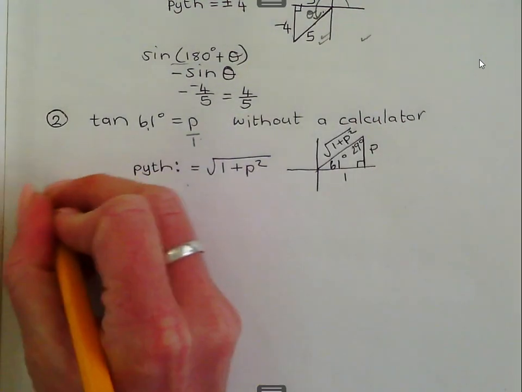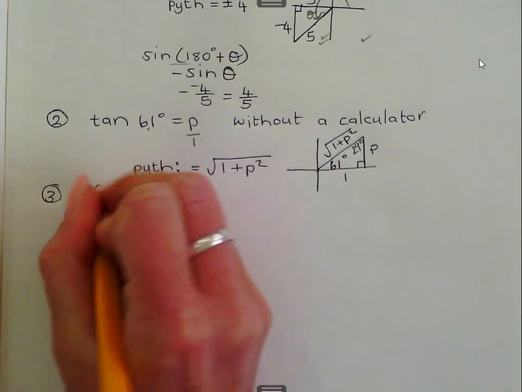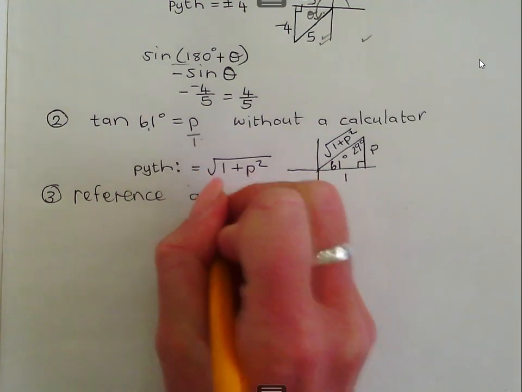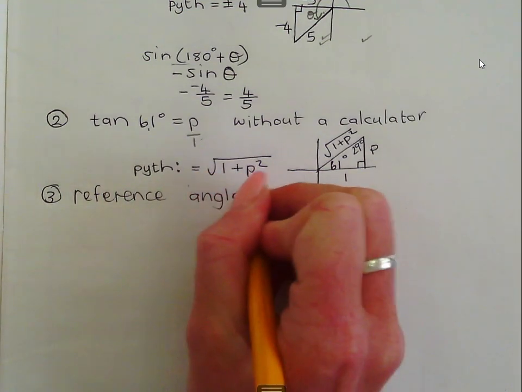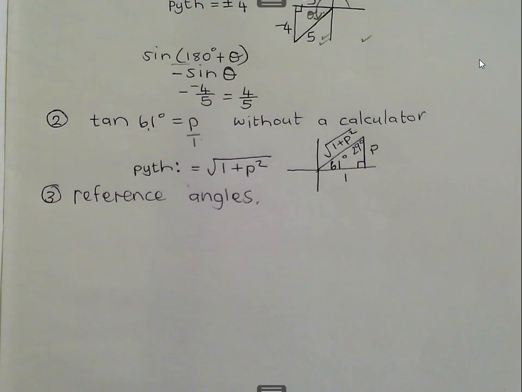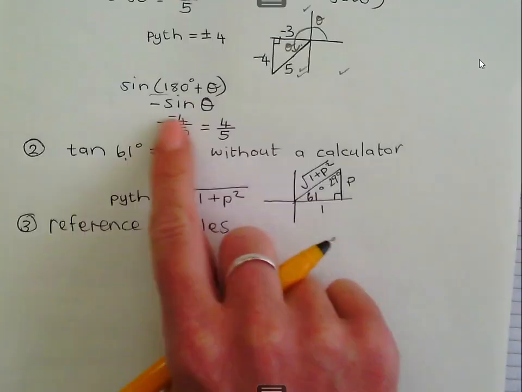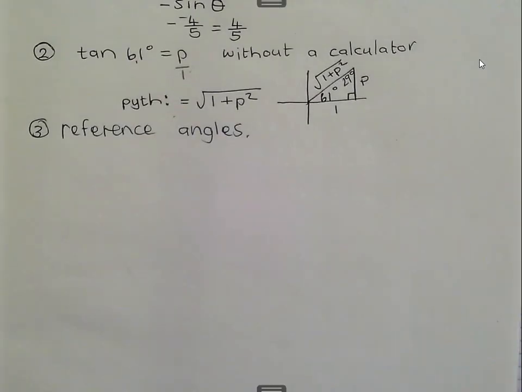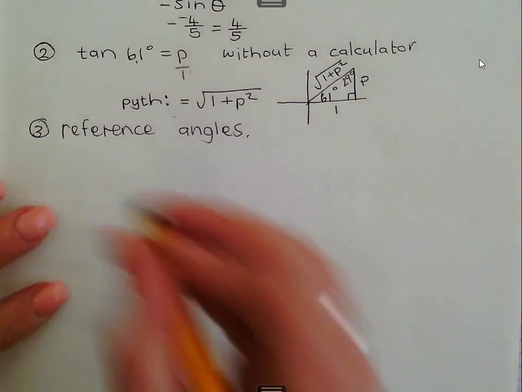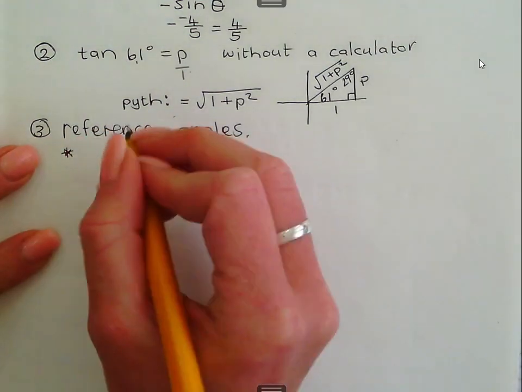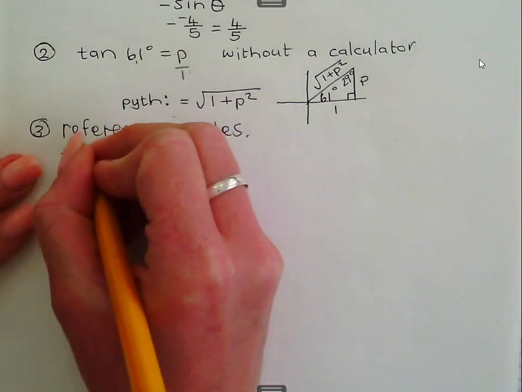Third type of question that we can get is reference angles. Now this is with expressions that it comes in a lot. It can also come in at an equation, as you saw there, you solve it. It can come in at different places. But the reference angles can be divided into three different parts. The first one is just the normal reference angles. So it's to find the correct quadrant.